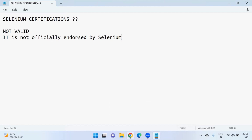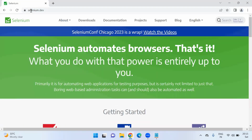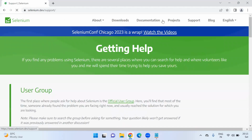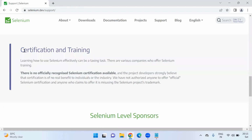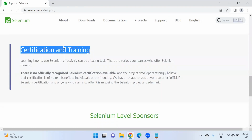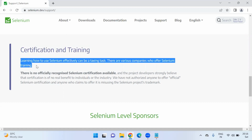So even if we go to the Selenium official website, selenium.dev is the official website. Here, if we go to the support section and scroll down, we see certification and training. What they're saying is that learning how to use Selenium effectively can be a taxing task. There are various companies who offer Selenium training. So learning Selenium may be a little challenging, and we can take help from any companies or trainings offered by someone